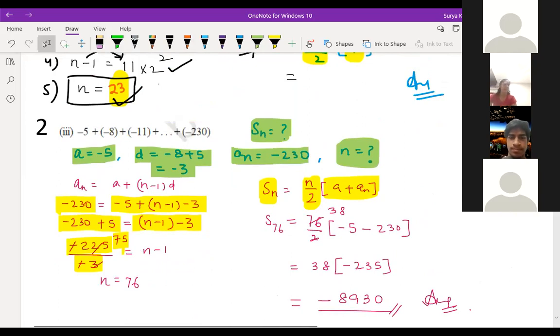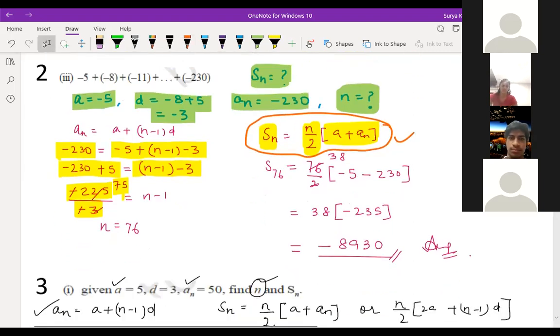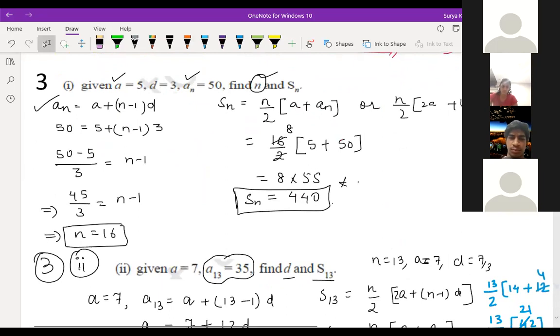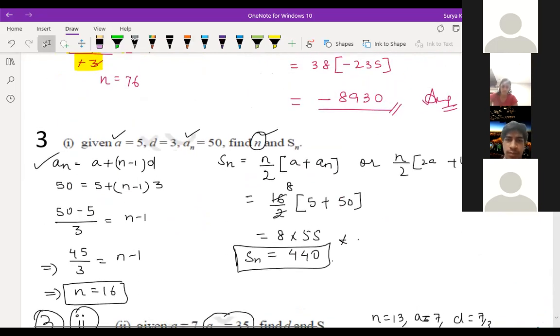So anyone having doubt, children, how this formula is coming now? No, sir. Okay, next question number third is very, very important, children. So many questions are there in question number third. So you have to think and you should do. I'll erase everything here and you have to do question number third.